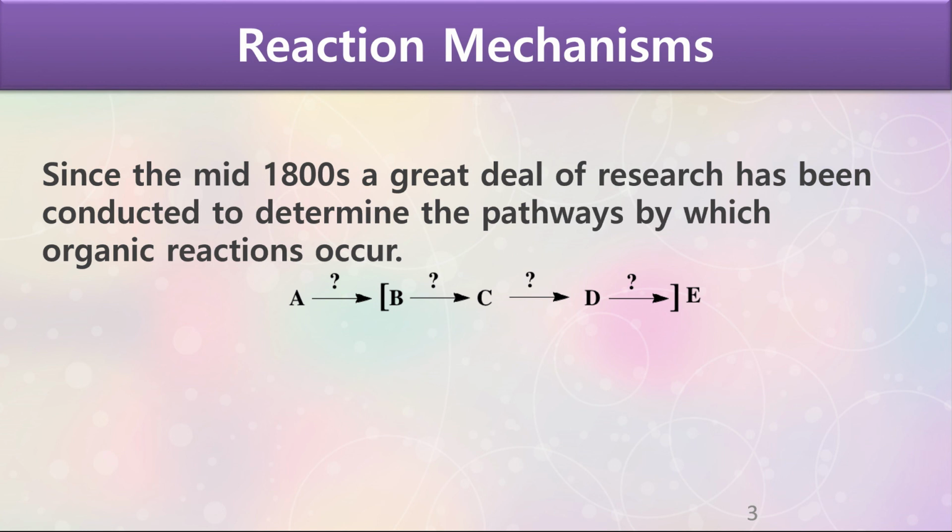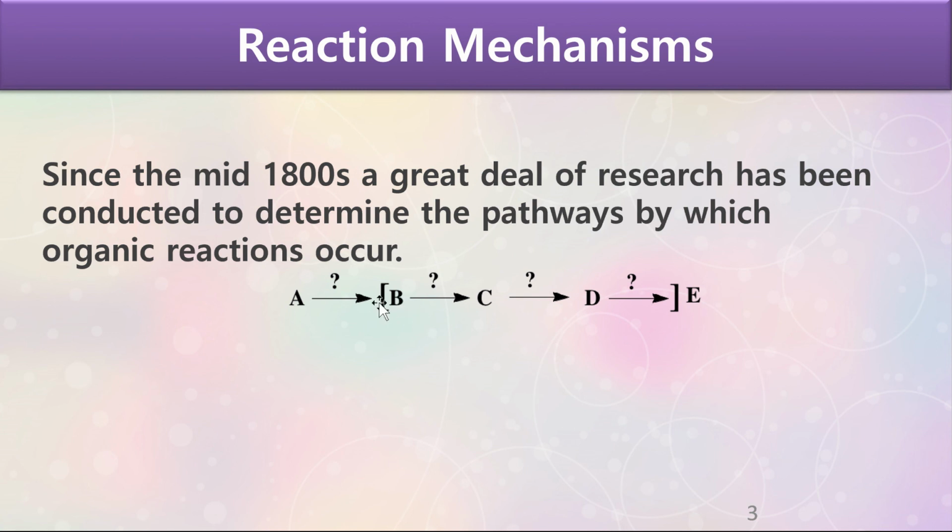So since the mid-1800s, a great deal of research has been conducted to determine the pathways by which the organic reactions occur, right? So we know our starting material, we know our product, right? But what pathway, how did we get from our starting material to our product? How do we know which bonds were broken and formed from going from A to E, as we see here,